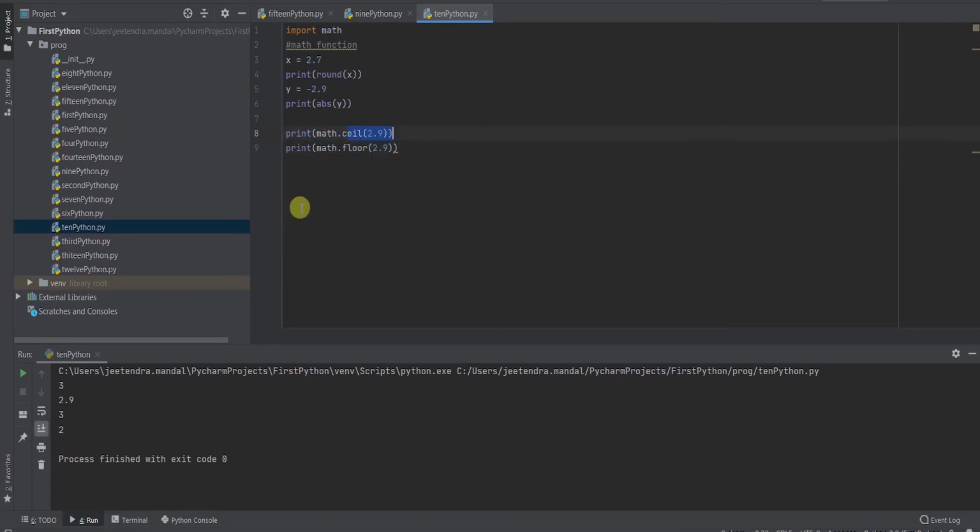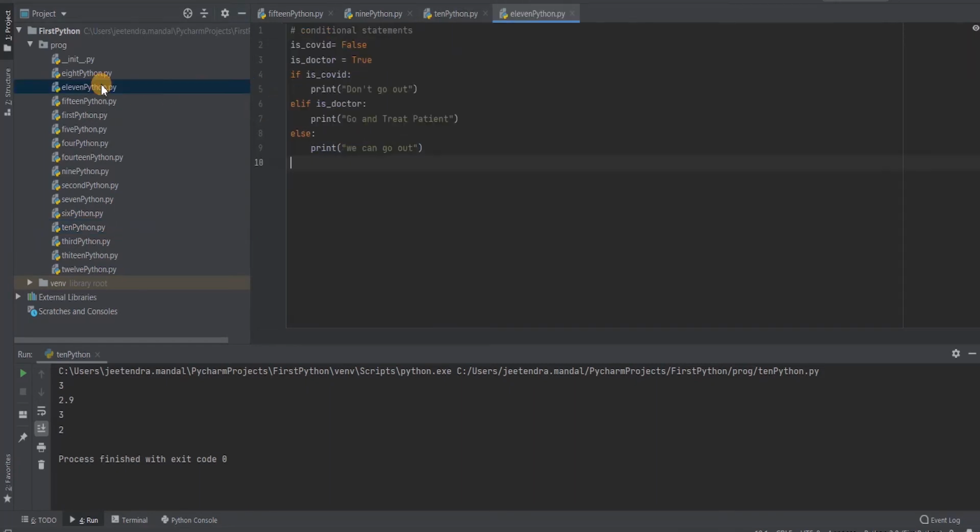Math.ceil, like ceil and floor, these are common things you will find in most programming languages. Absolute value of minus 2.9 will give you 2.9 in positive values. Round we have already seen, and these are the functions that you can get from the math library. Now we'll move ahead and see what next we can learn.